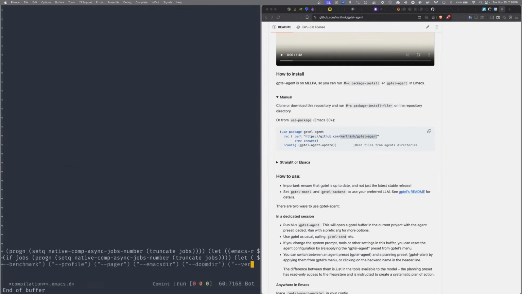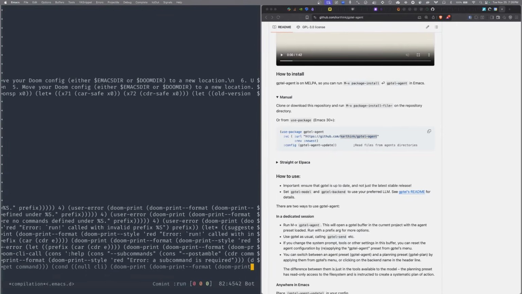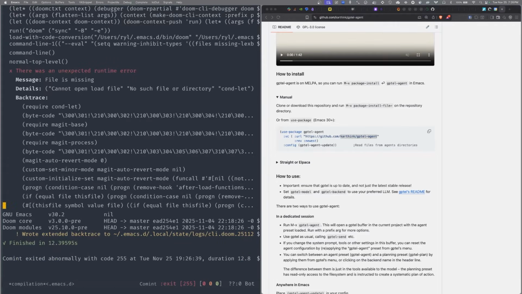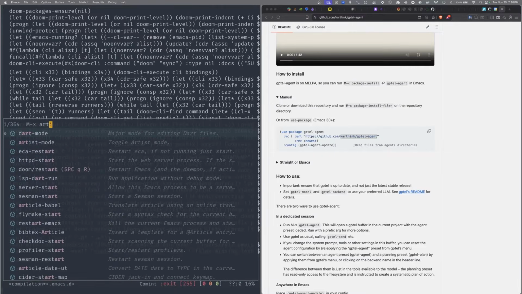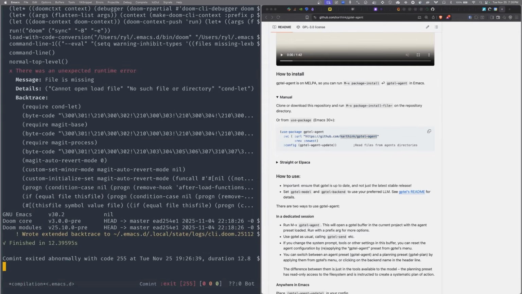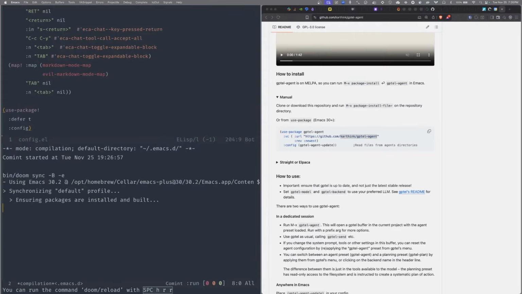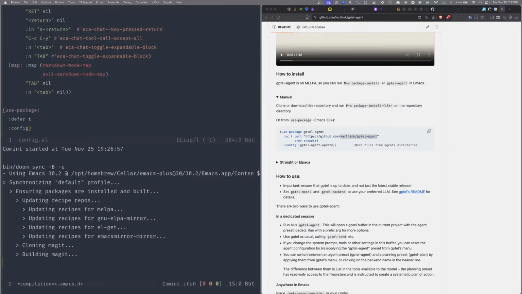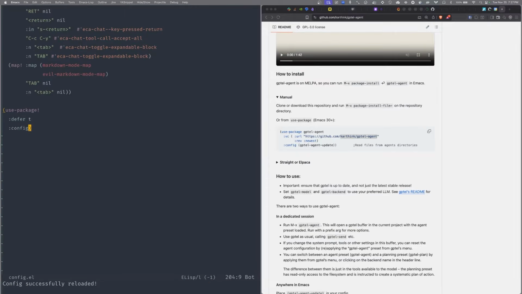Oh, there's a latest thing with Magit. Magit updated things, and it's been a little annoying. So I basically have to remove Magit and do it again. I didn't have time to figure out why this is happening. This is just for the past few days. But authentic Emacs experience. No, it's not typical Emacs.